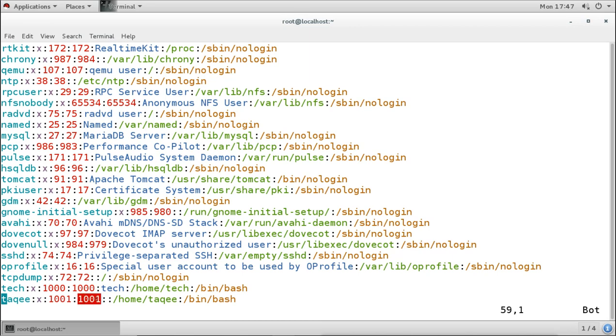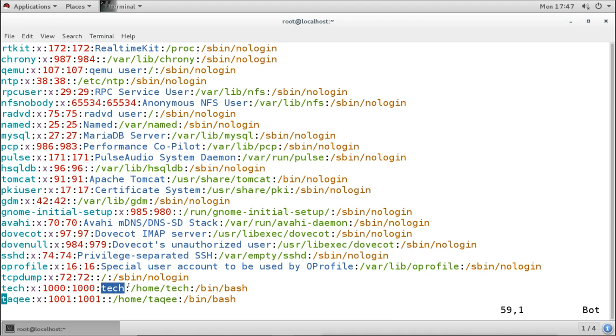Now in these two columns, there is no comment and no additional information, because when we created the user, we have not given any information here. The user created at the time of installation has information about the user.